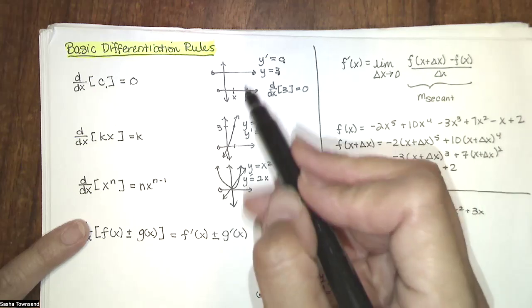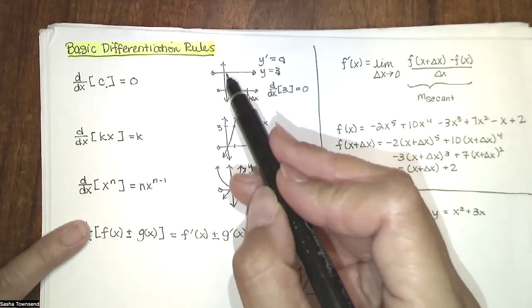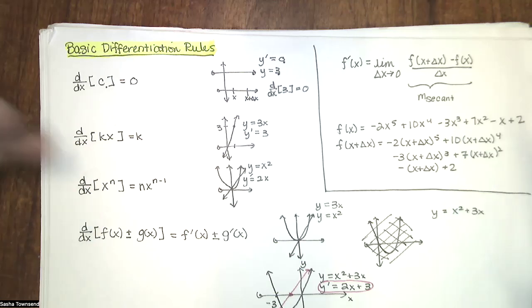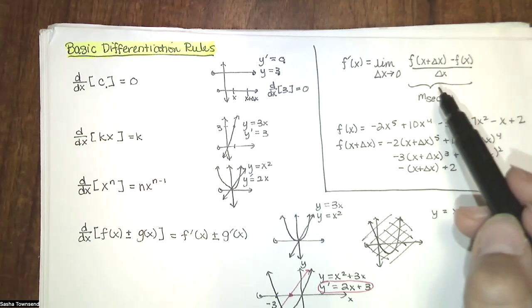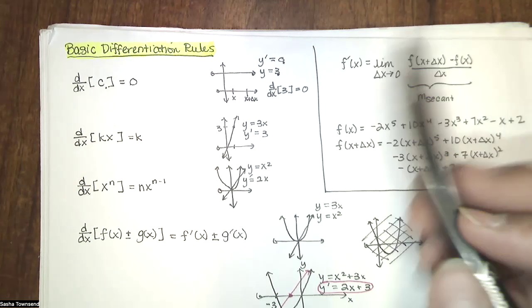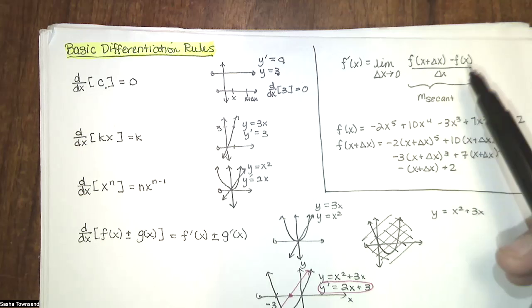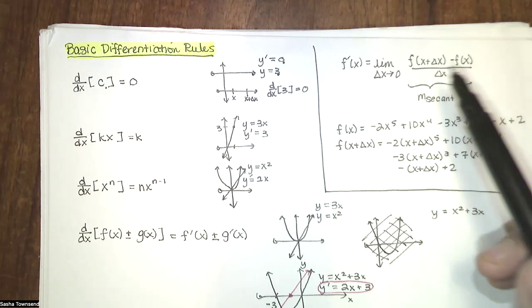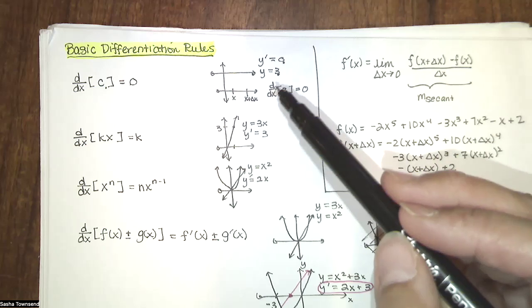F of x plus delta x is 3. F of x is 3. So we just end up with 3 minus 3 divided by delta x. So we have 0 divided by delta x, which gives us a 0. So it's really not necessary to apply that limit definition of the derivative here, but we can,